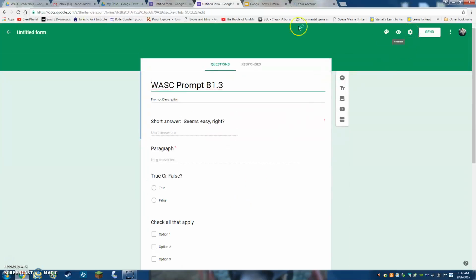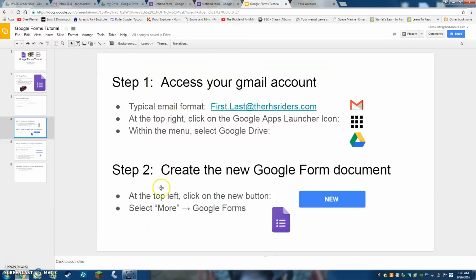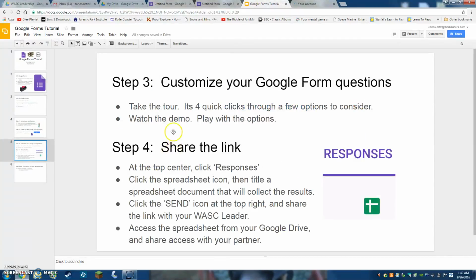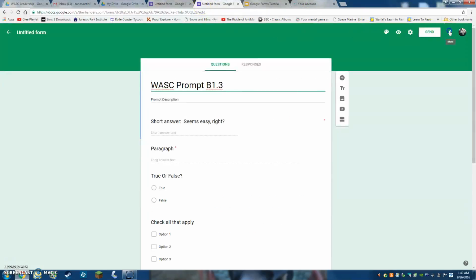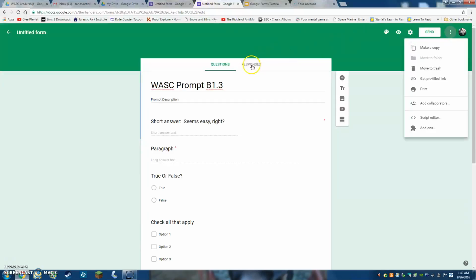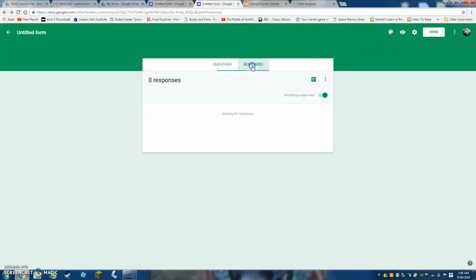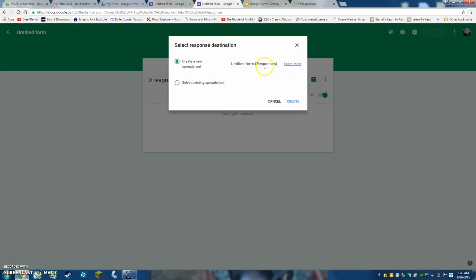The last thing you're going to want to do is, let's see here, you want to be able to share the link. So we'll begin this process by going to the top right center and we'll click responses. Oh, it's over here. So where we click responses, now we can go to create spreadsheet,